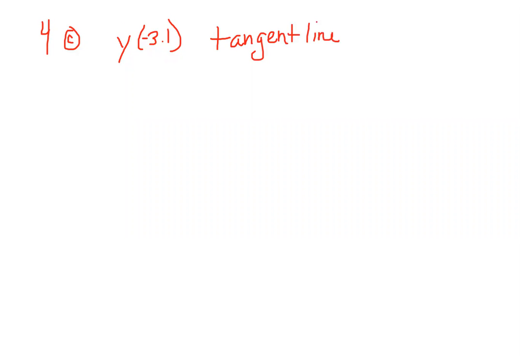What they're wanting you to do is this equation is some curve. We don't know exactly what it is. It might look like the one that we drew right there. It might look like the one that we drew right here. We don't really know exactly what the curve is, but at negative 3.1, let's say it's about right here. There, we want to know what the y is, but we don't know what that is. We don't know the formula for the